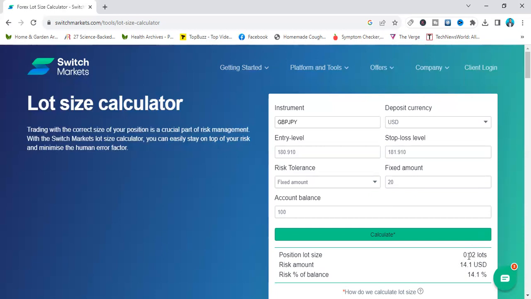So once you know what lot size you can use, you go and set up your trade with that lot size. Then you can input your stop loss details and whatsoever details that are on the signal, and you are good to go. It is so simple to do. It is not difficult. But I'm going to do another example again for you to perfectly understand this.